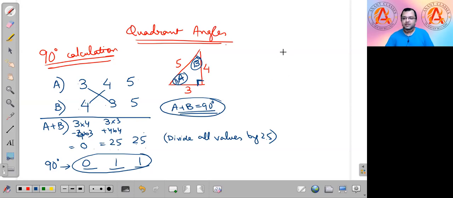See, let's say I am making this right angle. This is a straight line. And I want to make a triangle where this is perpendicular. So this angle should obviously be less than 90 degree. Correct? So what is happening is we are adding one more angle here, such that this total becomes 90 degree.